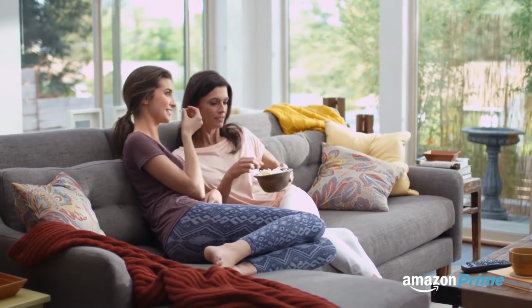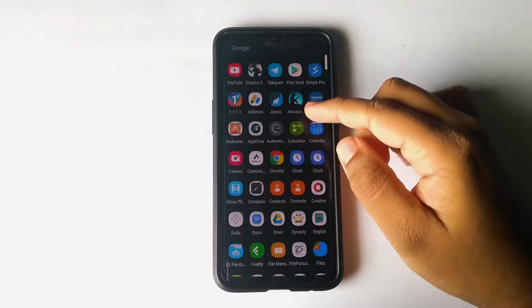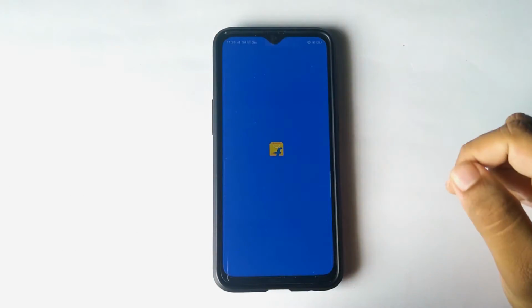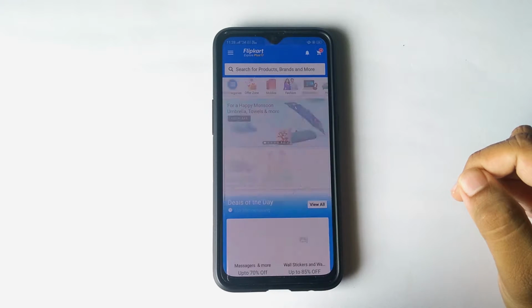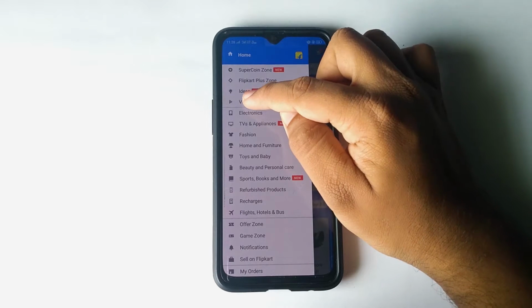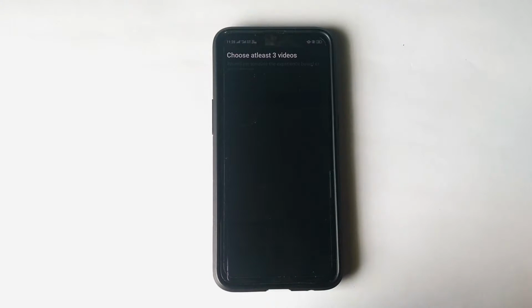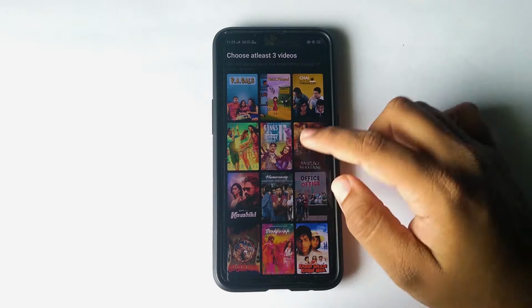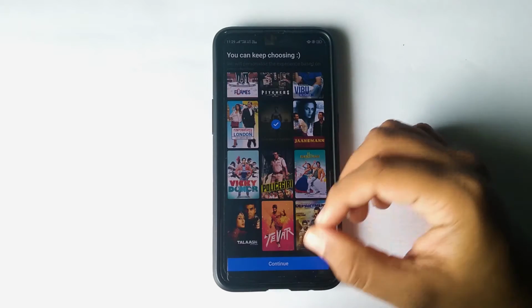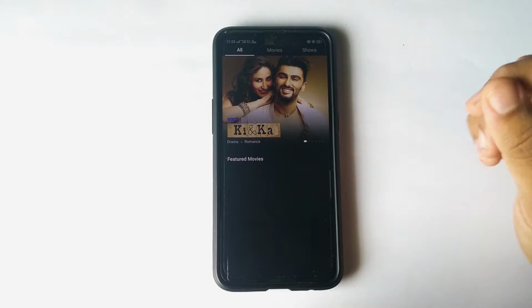Now, to watch videos via Flipkart, all you need to do is follow these simple steps. Open the app and tap on the hamburger menu on the top left corner of the application. Tap on the video option, after which you will be asked to select at least 3 videos. Once you select 3 videos, tap on the continue option, following which you will be directed to the main menu of